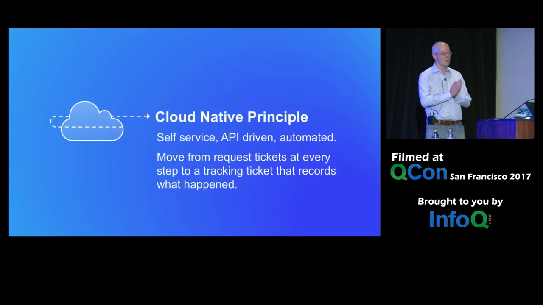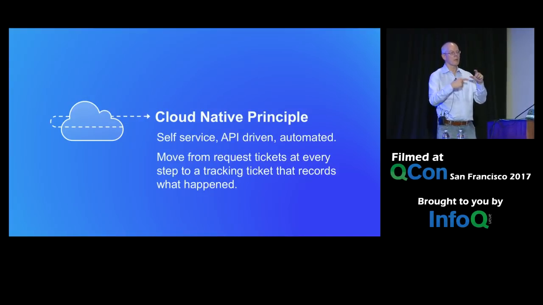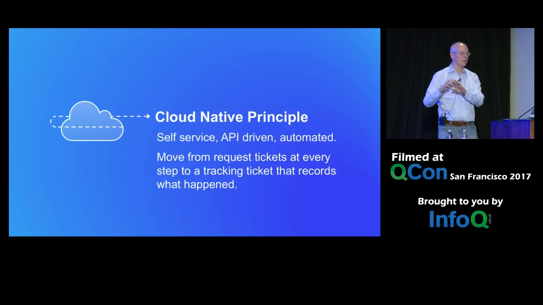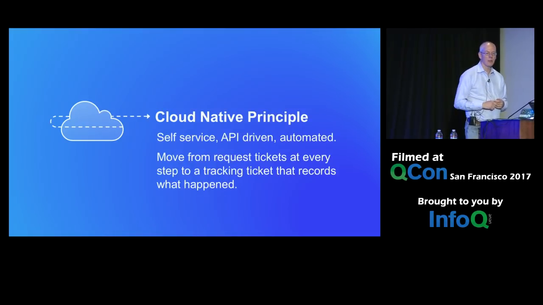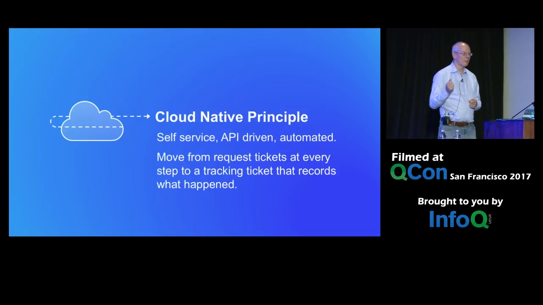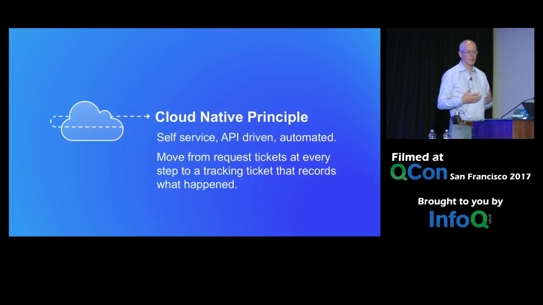So your ticketing system turns into one ticket per deploy, which records the stages that deploy went through as it happened. So you've got your audit trail. Maybe if you're deploying a new finance system, some manager has to sign it off to say, yeah, I approve this update. But generally you can get down to a single approval for a deploy. And that's the current state of the art.